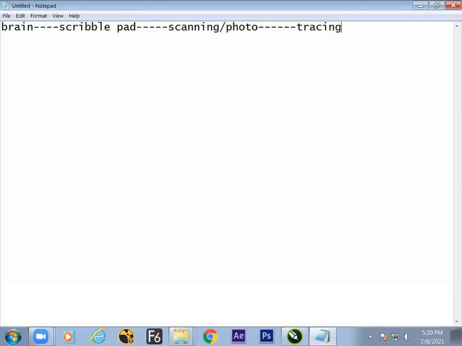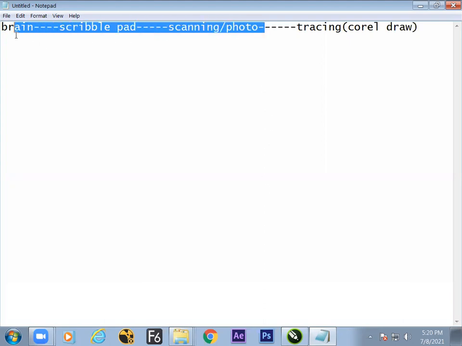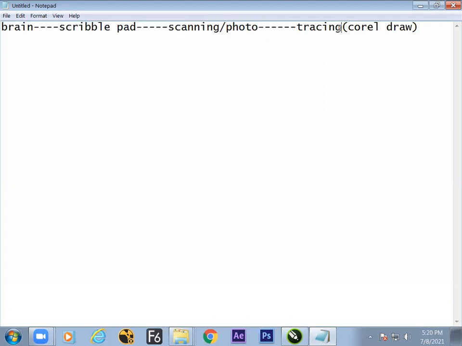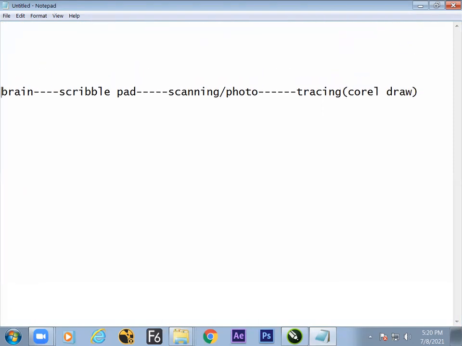The other way is that they start sitting in front of the software and start doing the work, which is a different approach. But the pipeline is this: first process, second process, third, and here the software starts, in the tracing. Inside the tracing, Corel starts. That means before CorelDRAW, many things are happening, which a starter generally doesn't do. A starter straight away opens the software and does the design. This happens, and that makes the processing late. So hope we have got some idea of how the process happens.